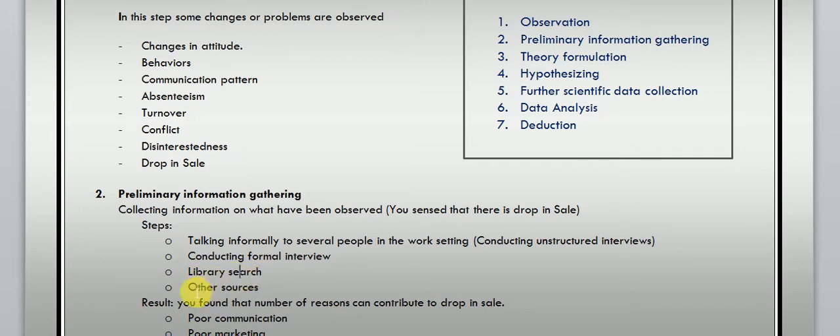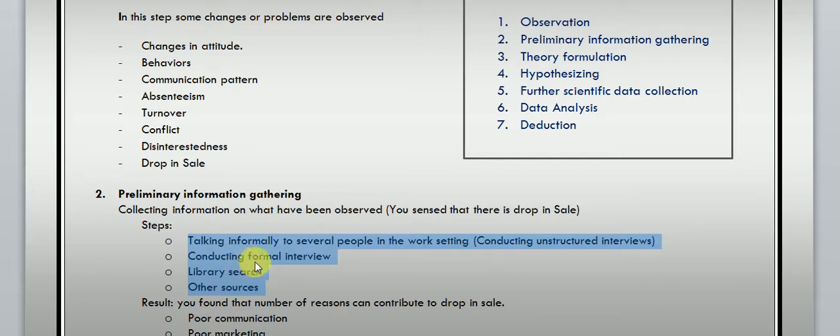So also, from other sources, you check websites, the internet, Google, articles, publications. So you try to go through all these sources in order to know the reasons why sales have decreased, and because of what there can be a sudden drop in sale, and what factors you can find out that can contribute to a drop in sale. So dear students,